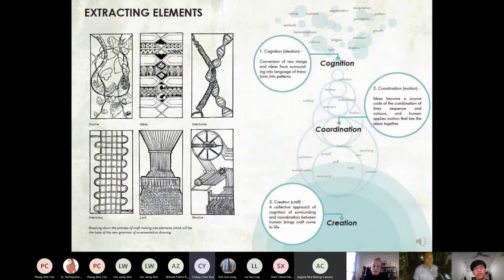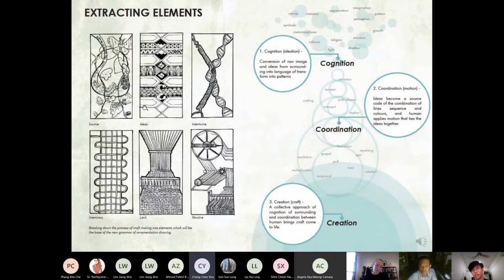I start to extract the elements from the process. First is from the source of it and the ideas, where the craftsman gets the ideas from nature, how they get it, and the intertwine of the lines, and then the mechanism involved with the machines that forms these elements will form the base of my ornamental drawing later.